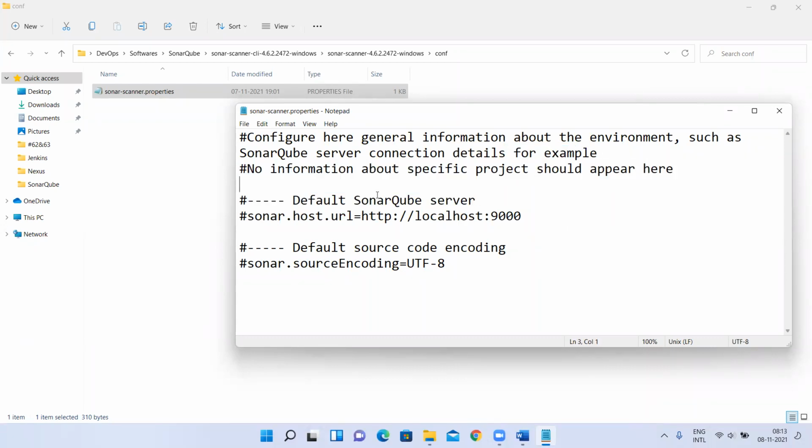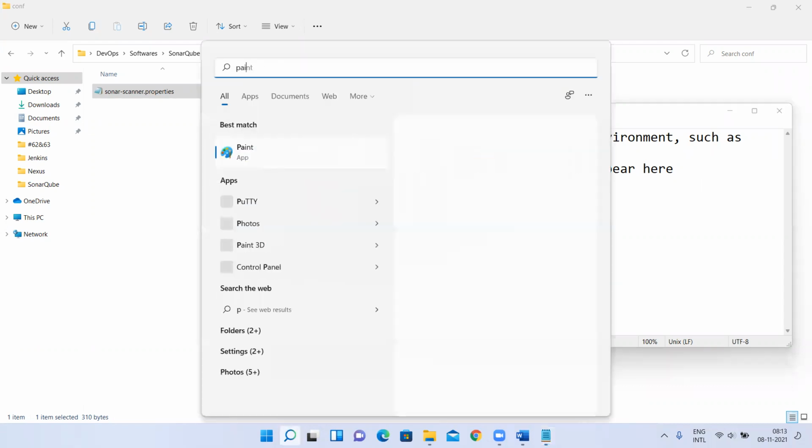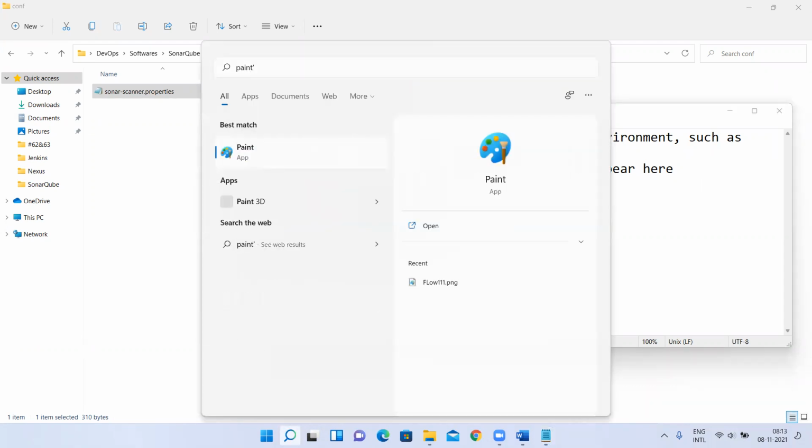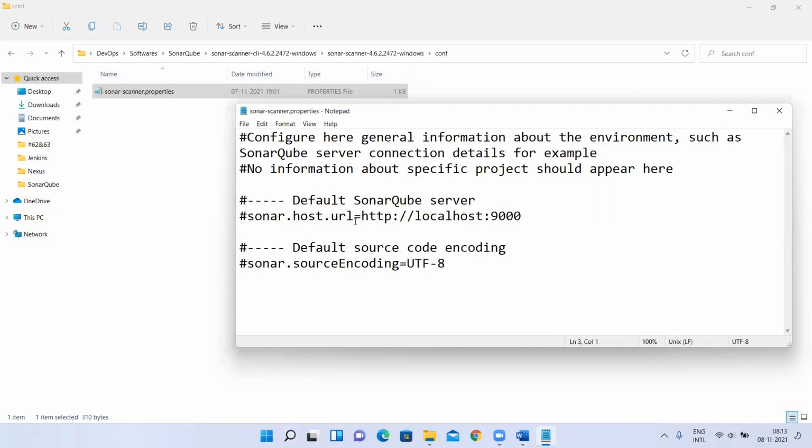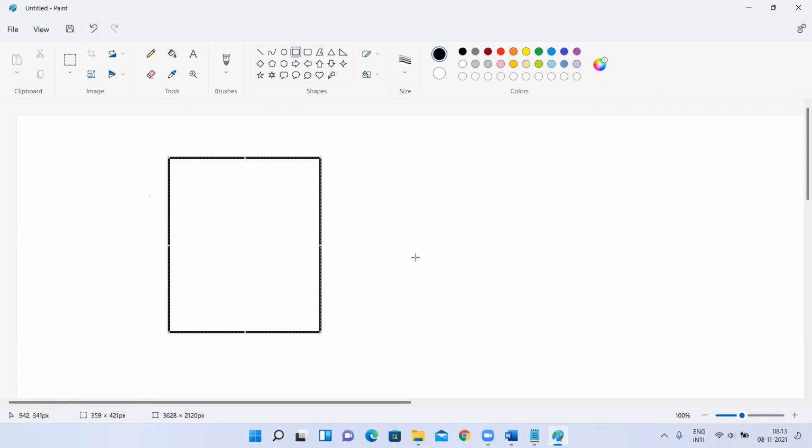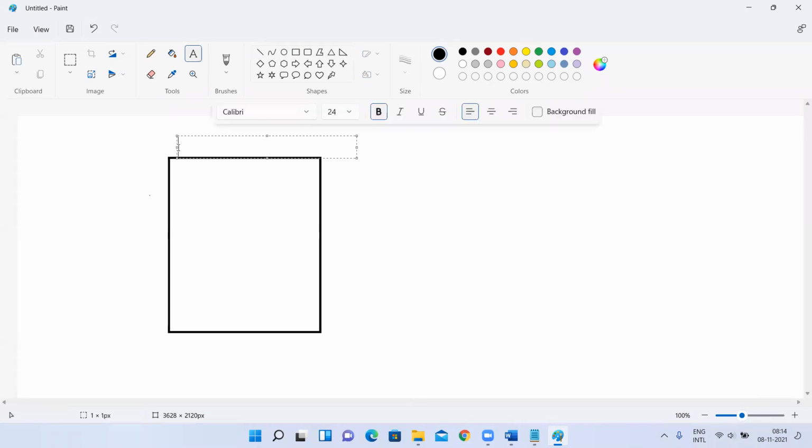What it is saying is, see, I said you no need to have SonarQube scanner and server on the same machine. You can have them on a different machine. So the prerequisite for SonarQube server is like Java 11 and all, right? So if you have, this is my Linux machine where I have the SonarQube server.